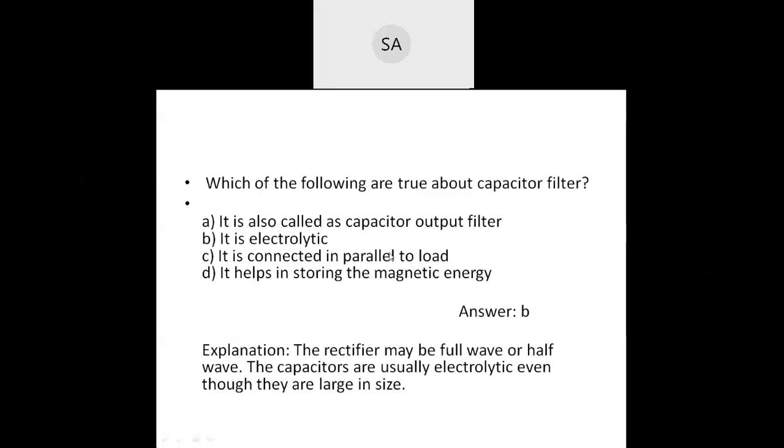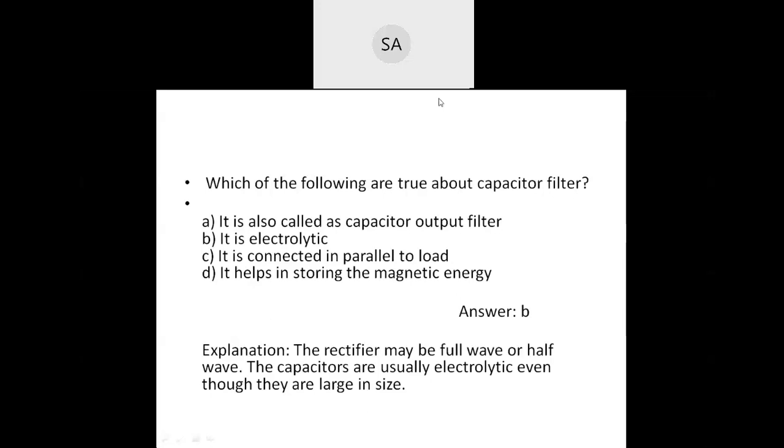And we discussed the filter circuit. A filter is used to smooth the output of the rectifier, and is connected between the rectifier and the voltage regulator. We discussed the types of filters: shunt capacitor filter, series inductor filter, inductor input filter, also known as LC or L section filter, capacitor input filter, also known as CLC or pi section filter, and CRC filters.